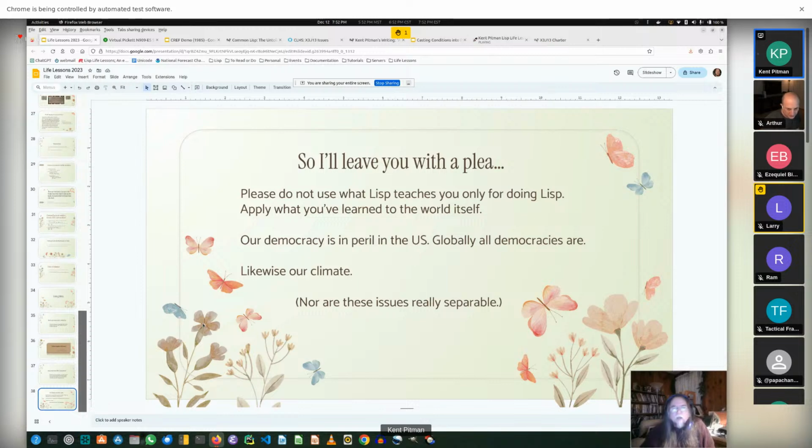and those of you who do and who don't just work all the time, we have a democracy that is ailing in the US, and really there are no democracies that are not at some sort of risk around the globe, sadly. And the climate is very much at risk. And so people ask me, what have I been doing? Expecting maybe I've been doing some cool Lisp thing. And I do sometimes do things, but I've been spending more and more of my free time that's not going to work worrying about the climate and worrying about democracy,